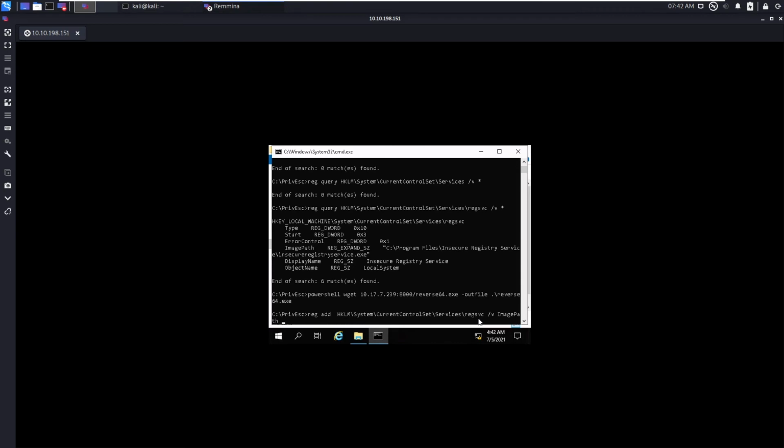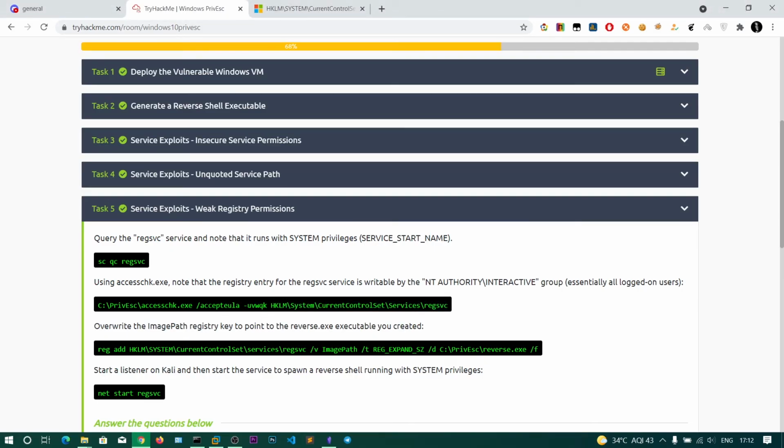If there is already a value present, it will overwrite the value. You can see here image path, and the type of this image path is REG_EXPAND_SZ. That is the data type for the registry; it will hold the file path. So this is the file path, that's why we should specify REG_EXPAND_SZ.